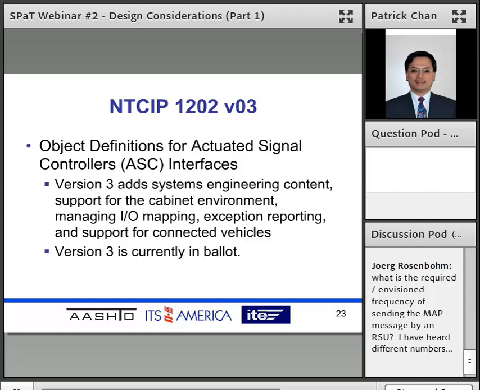If you're not familiar with NTCIP 1202, this standard defines the data that is used between the traffic management center and signal controllers, so that we can manage signal controllers, such as monitoring status and being able to change timing plans in the signal controller. Version 3 is currently in ballot, and in version 3, we've added some systems engineering content. So instead of just being a data dictionary with some data objects, where it's like, hey, good luck figuring out what these data objects mean,